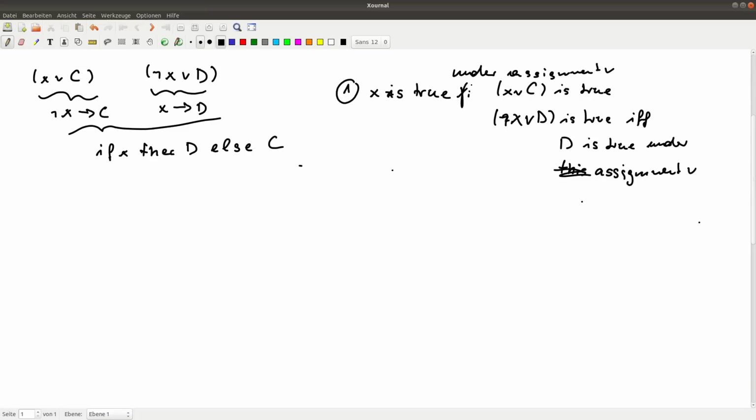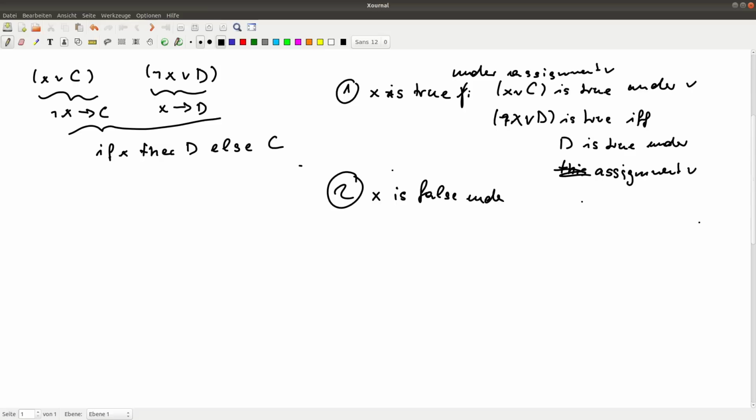Let's add this here. So X is true under assignment V. Then it follows automatically that X or C is true under V. And not X or D is true if and only if D is true under this assignment V. So this is the one case, and the other case, X is false